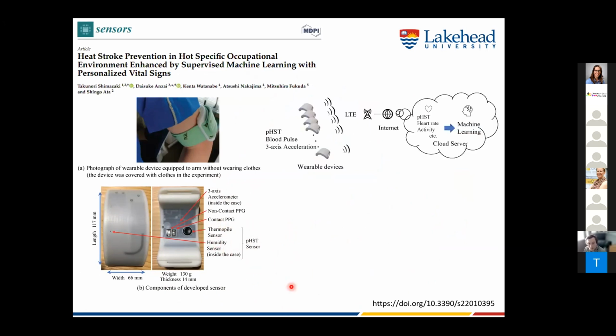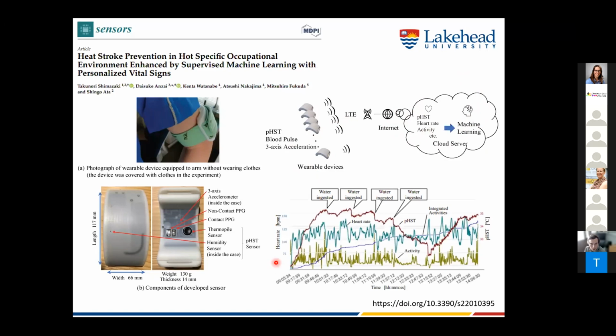So to give you an idea of how these wearable sensors would work, they all connect into this platform, and then there's some kind of cloud server and hosting machine learning algorithm that's interpreting this data. And then we have a bunch of this data coming through in real time, presumably, for an individual. And so we come into these scenarios where, do we just have too much data and we are trying to monitor people in real time, and we don't actually know how to fully interpret this data in that concurrent reality